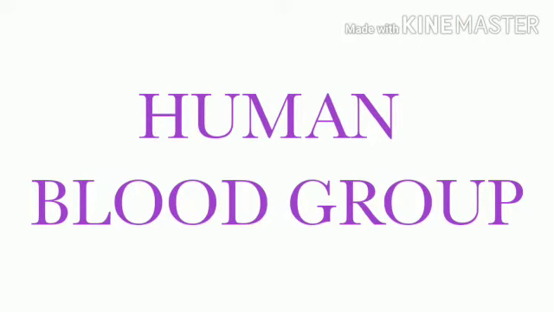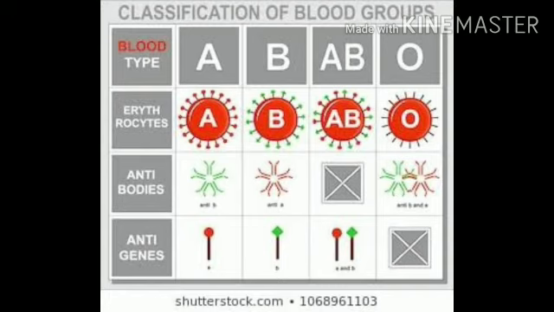Human blood group. Depending upon the proteins like antigens and antibodies, different blood groups are formed. There are four main groups of human blood as A, B, AB and O. Besides, there are two types, Rh negative and Rh positive, of each of those four groups. Thus, in all, 8 blood groups are formed.